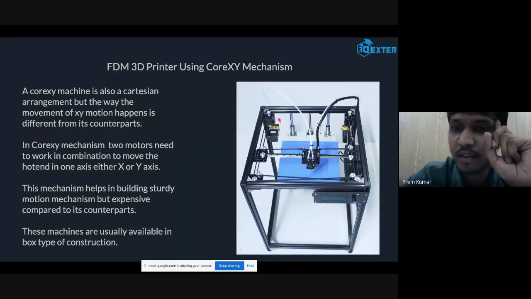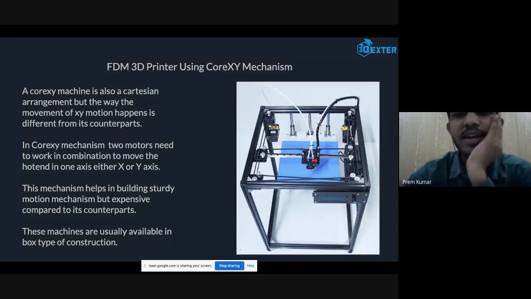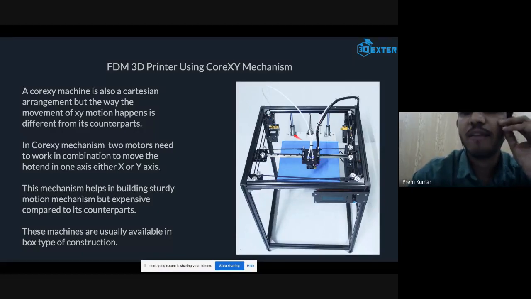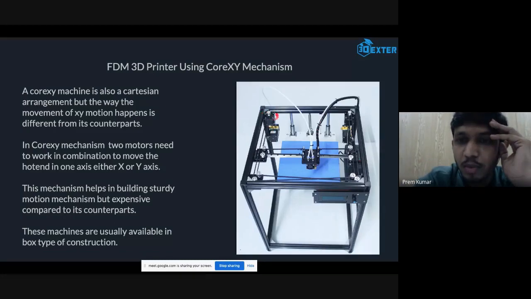But here, both motors in combination control this mechanism. If both the motors are not working at the same time, then motion in X and Y is not possible. So they have to move in coordination.